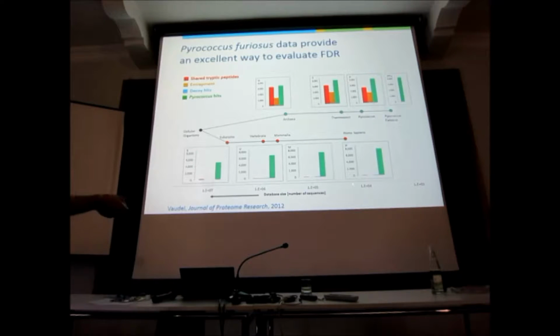And you see that this works, right? You see that the amount of Pirococcus hits is always lower than what you would expect from the hits. But notice that we're doing something. Here we include Homo sapiens, which is about this size database. Here we include all Mammalia, which is this size database, 10 times bigger. Here we include all Vertebrata, which is yet another 10-fold bigger. And here we include all Eukaryota. And notice the overlap between all possible Eukaryota that we've ever gotten sequences from and Pirococcus is absolutely minimal. Right? There is practically no overlap.